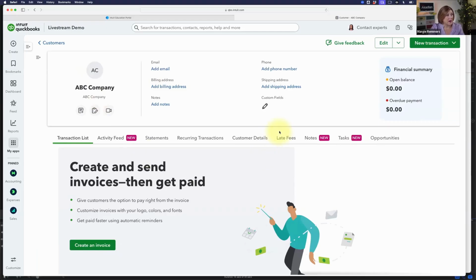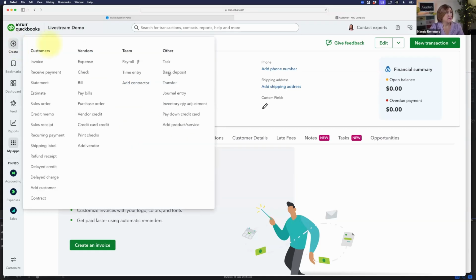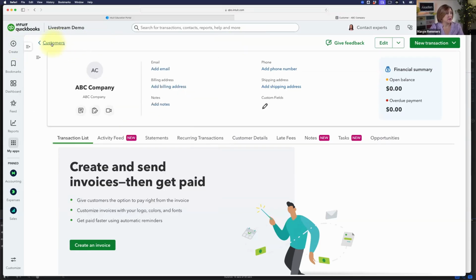Now, right now, I am looking at the specific customer that I have selected, okay? So I added ABC Company, and now I'm looking at ABC Company. If I want to get just to my list of customers, all my customers, that's what this little thing is here.